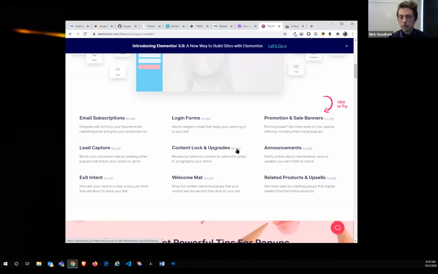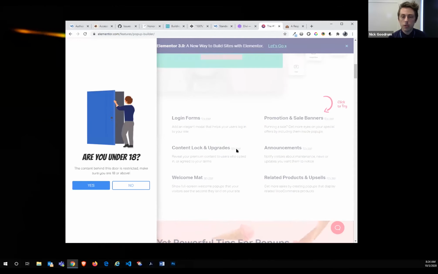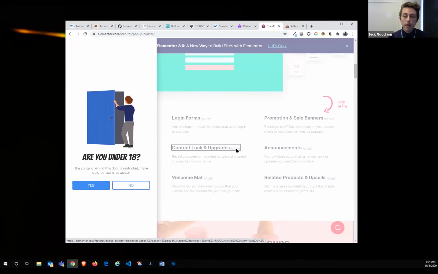But okay, let's try it. Okay, something popped up on the screen. Are you under 18? Okay, this is just a demo. And so I'll tab through and you can see that the user's focus is nowhere inside this area. So as a screen reader user, they may never even know that something popped up. As a keyboard user, how do I even get to this information?